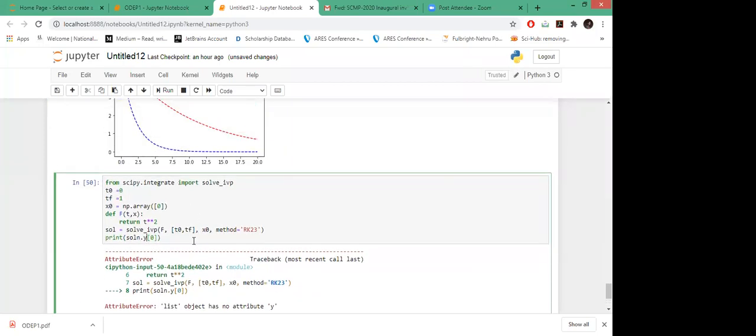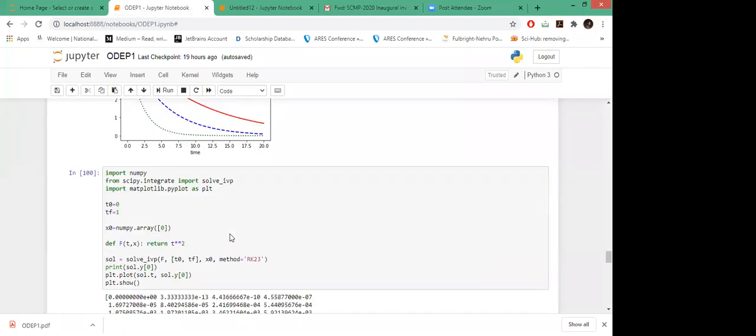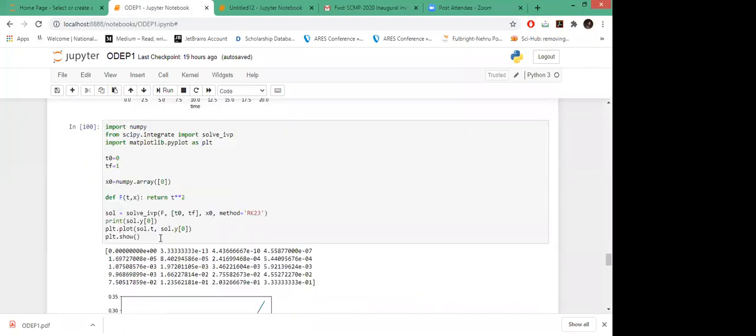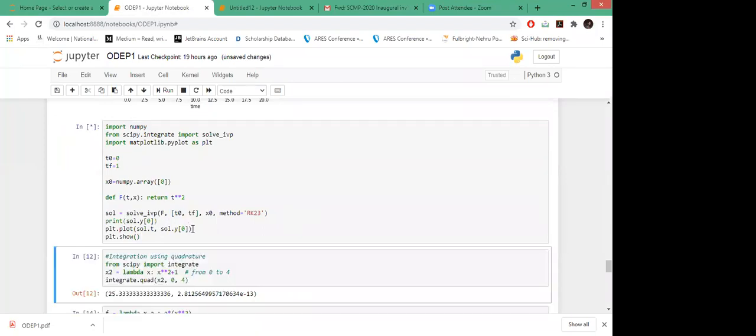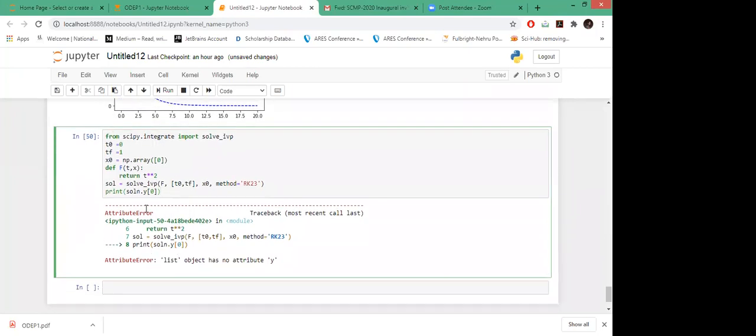Not attribute, it is some error. I used it here also. Let me just check. I'm getting this error. For this it is working. I don't know why it is showing this attribute error.